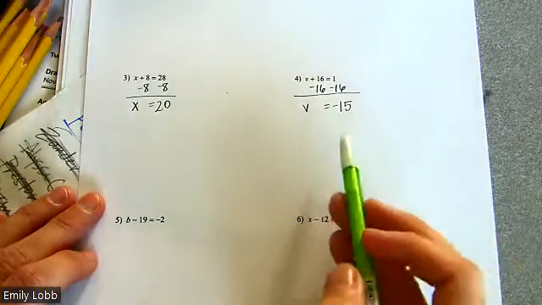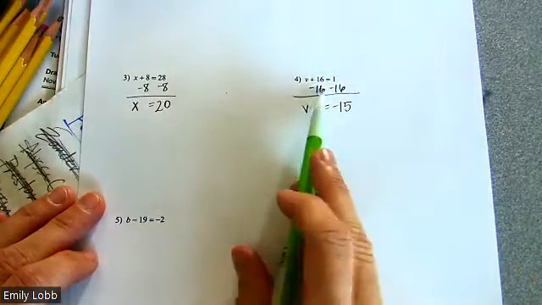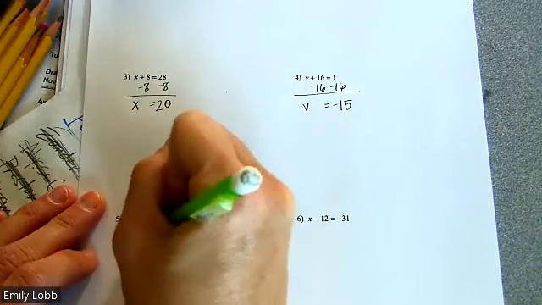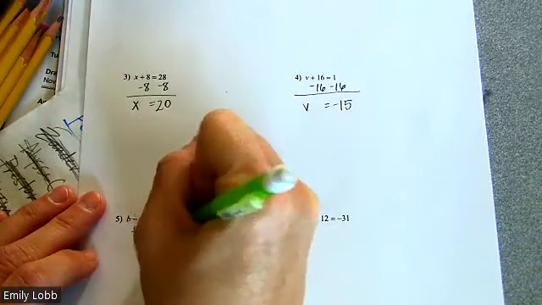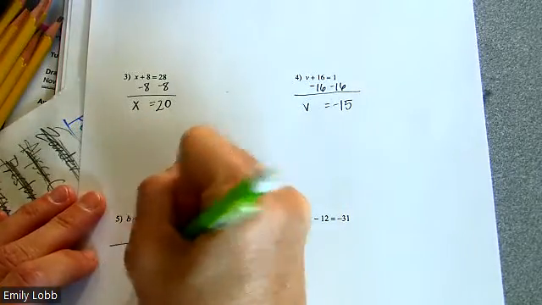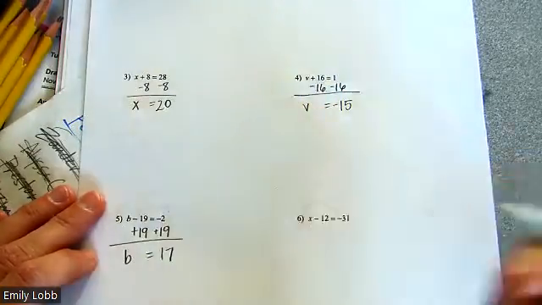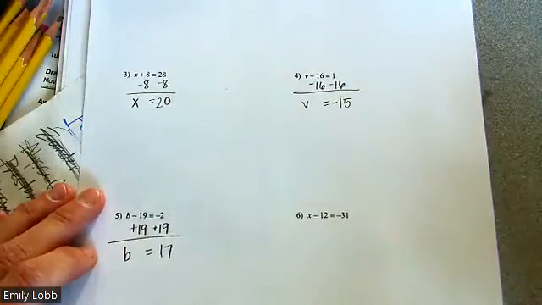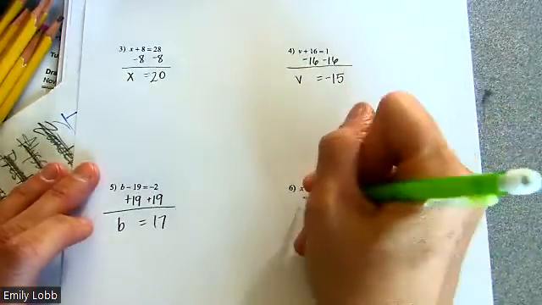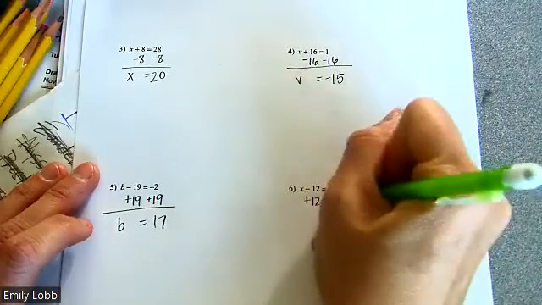So you could always go back and think negative 15 plus 16 does equal 1, right? I'm gonna add 19 to get rid of the negative 19 there. To both sides, bring down my b equals 17. So you could think 17 minus 19 does equal negative 2. If I add 12 to both sides,